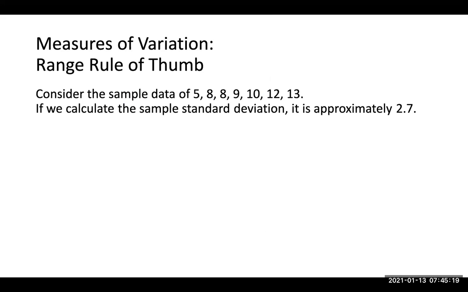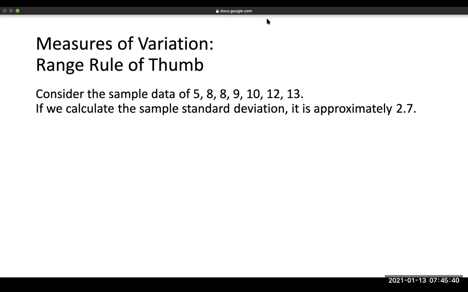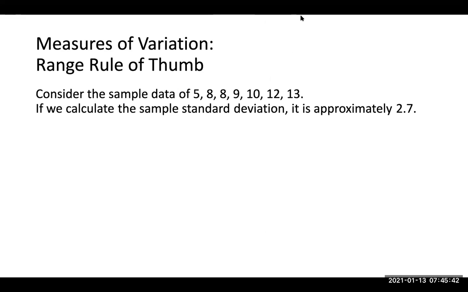So just to show you what we're talking about, we have the sample data 5, 8, 8, 9, 10, 12, 13. If you calculate the sample standard deviation, it is about 2.7. If you want, you can calculate it yourself, but it's about 2.7. Now, to show what we're talking about with the range, for this same data,